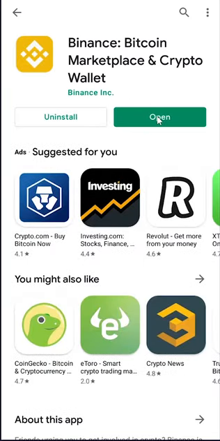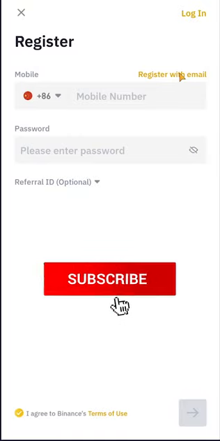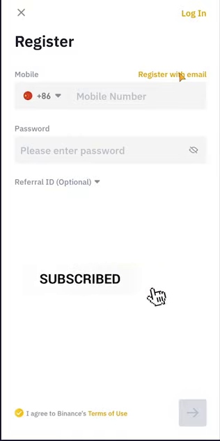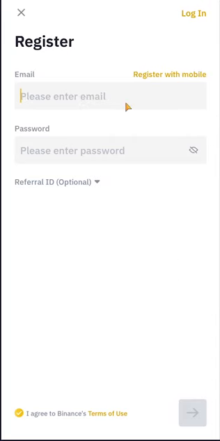Open the newly installed app, and right away you'll be prompted to register. I prefer to share as little personal information as possible with any crypto-related company or service for privacy and security concerns. Too many times these companies failed to protect personal information of their customers, so I prefer to be cautious. That's why I don't recommend signing up with a phone number, so choose register with email. It's also a good idea not to use your personal day-to-day email address with these services. As a security measure, I recommend using a secondary email to sign up to these platforms.